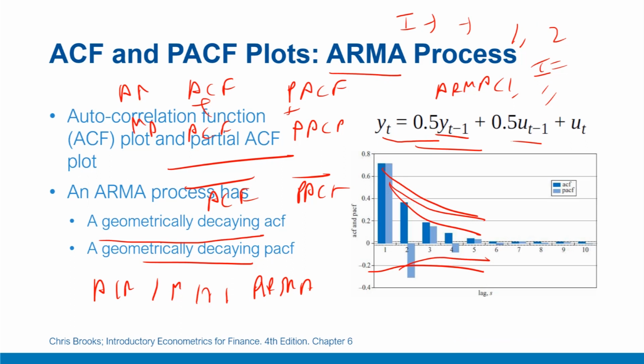So for example, if a process is I(2), first we'll try to remove the non-stationarity of level 1 or 2, whatever it is, and once you model out non-stationarity, you'll focus on the ARMA part of it in modeling through an expression like this. And lastly, between AR, MA and ARMA process, you can differentiate between them using the ACF and PACF plots visually. For ARMA process, both the ACF and PACF are geometrically declining, which is different from the ACF and PACF for AR and MA processes separately.